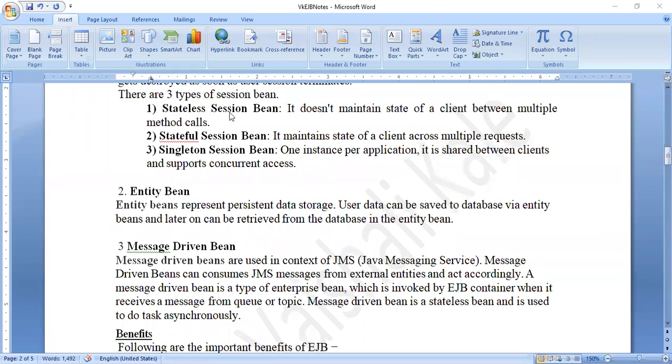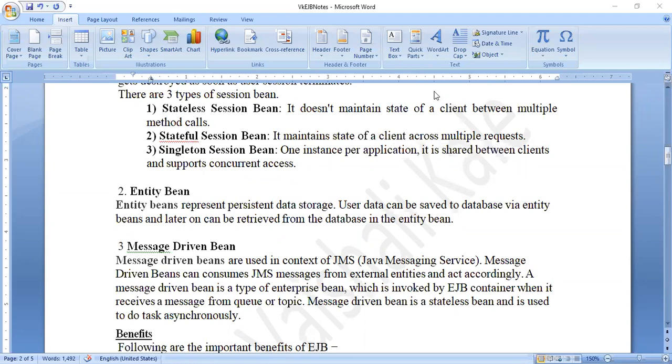Now, when I've done the setting that my recording should be on and all the participants should be muted, this is going on for this session, but it will not be preserved for the next session. So this is called a stateless session bean. Now, what is meant by a stateful session bean? Stateful means it maintains the state of a client across multiple requests.